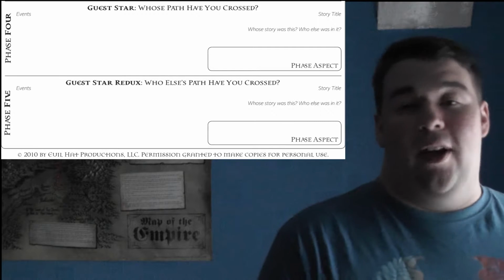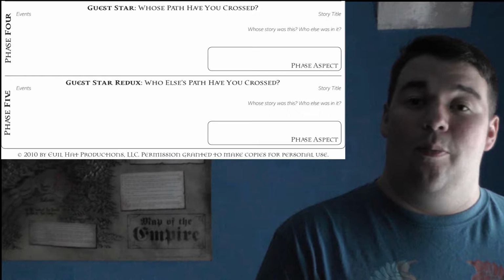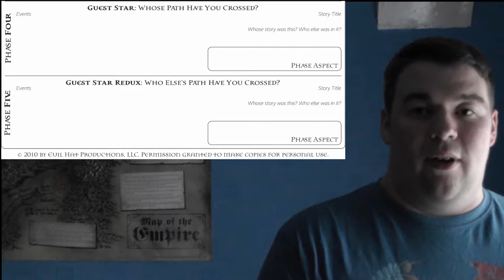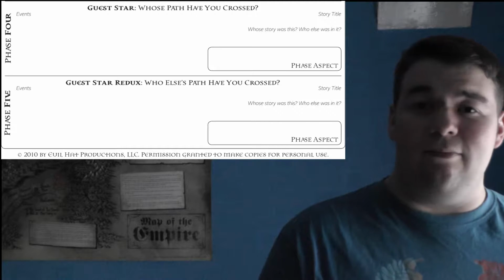So you help them out, they help you out. Maybe you cause complications. Maybe you're actually more of a bad guy to begin with in their background, but then you come to an understanding and move forward and become friends. These aspects are really cool, and I really enjoy doing them when running a Dresden campaign. A lot of fun. So two of them, that comes up with your seven character aspects, and that generally nails